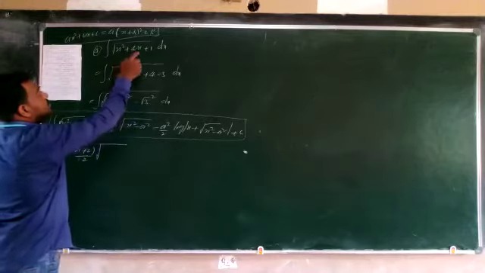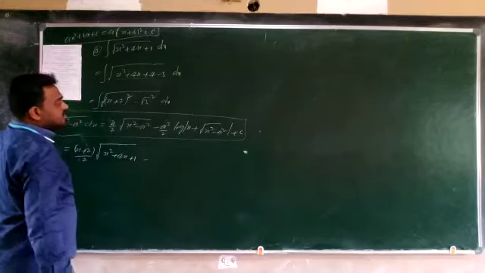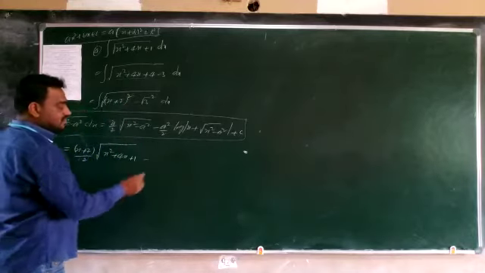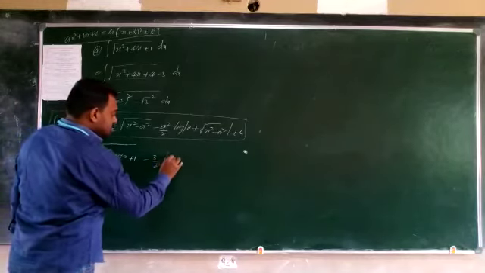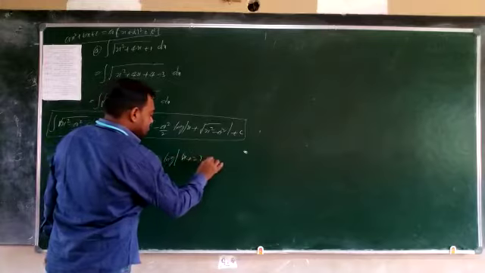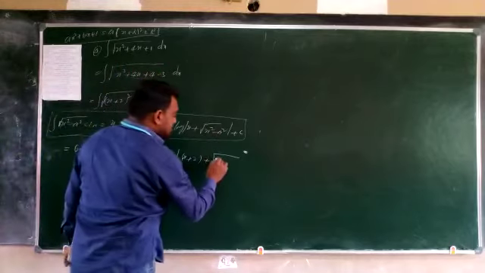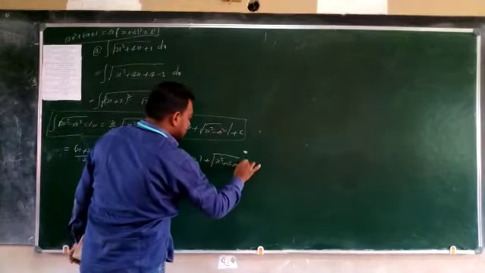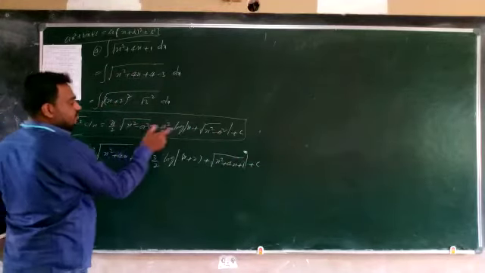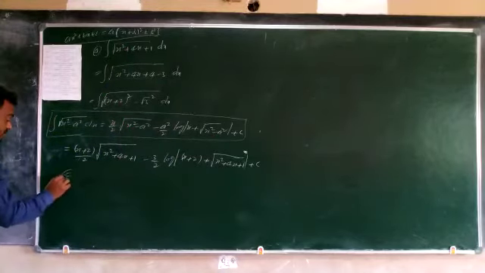Same term we are writing now. So you write the same: x² + 4x + 1 minus a². a is equal to √3, a² is equal to 3. So 3/2 into log|x + 2 + square root of x² minus a²|, which is the question only. So the question is square root of x² + 4x + 1, plus c. This is the solution. Very easy. When you are writing this square root, write the same question. That's it. Next, fifth question.